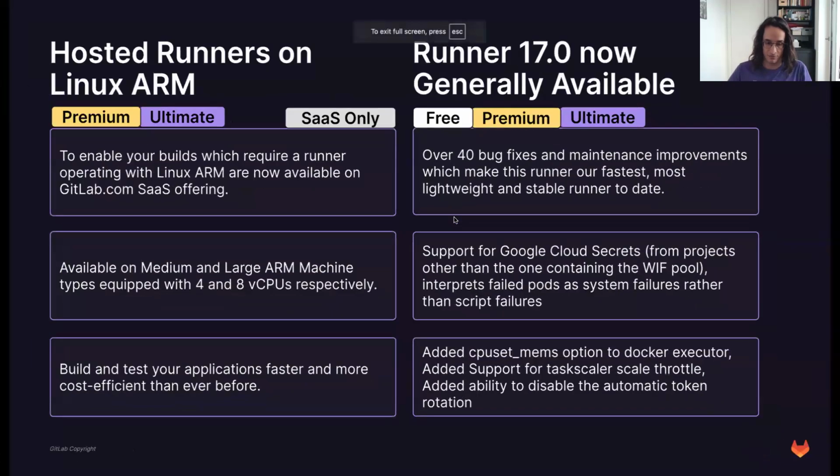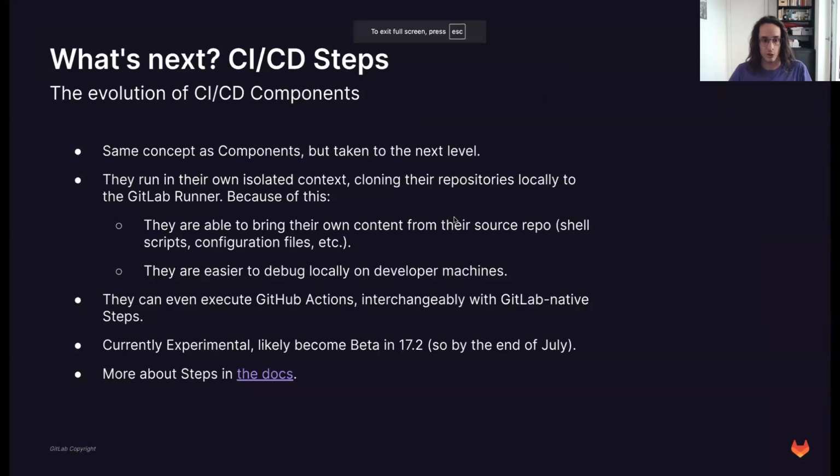Currently, this is experimental, which means it can change significantly. Please don't rely on it. Likely it will become beta in 17.2, so most likely by the end of July, but that's not written in stone, right? So I'm not making any commitments here. I'm just saying that that's the plan. When they will come out of beta, good question, but I just wanted to put this on your radar, right?